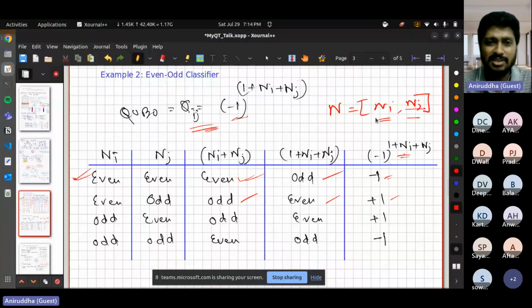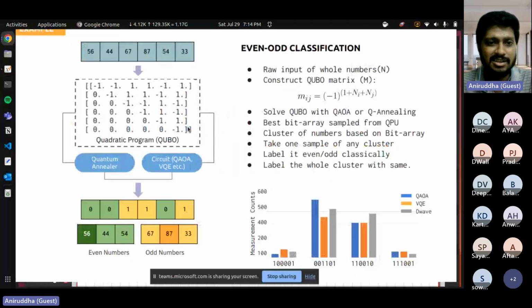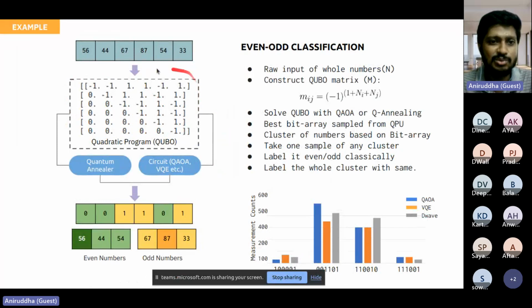So if you do the same thing for all the terms present here, you get this QUBO. This is a 6 cross 6 QUBO having +-1. And this is the upper triangular matrix, because QUBOs can be represented as an upper triangular matrix. Okay, so now you have the QUBO, right? Once you have the QUBO, you can run your optimization algorithm, and if you run any of those algorithms, you get a bit string.